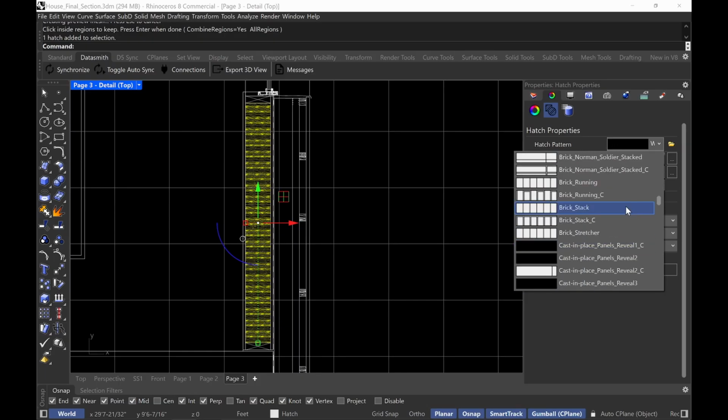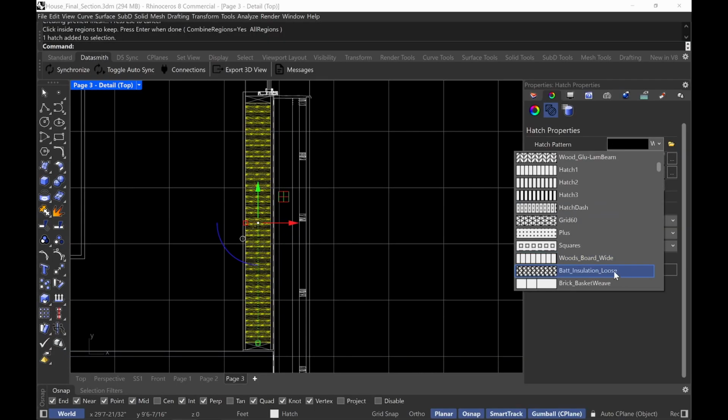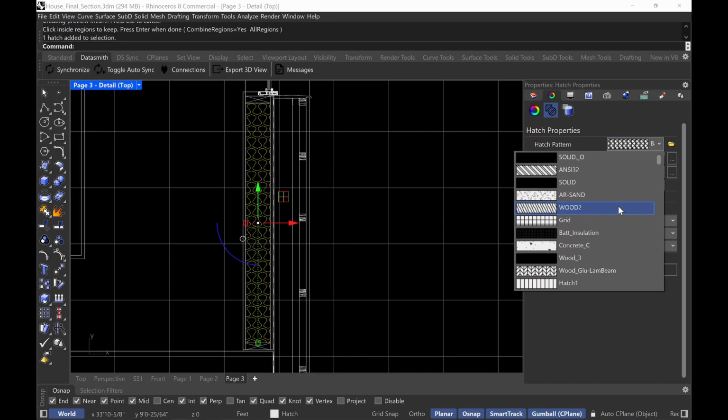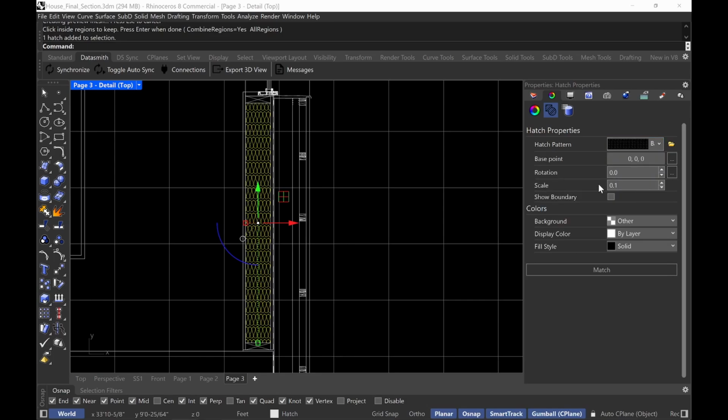I've got to find it up here. Bat insulation, right here. That looks gross. I don't like that one. There's another one. There it is, bat insulation. So I want to rotate it 90, and then the scale is too small, so I want to change the scale of this. Let's just do 1 to see how that looks. That's really big, so we'll do